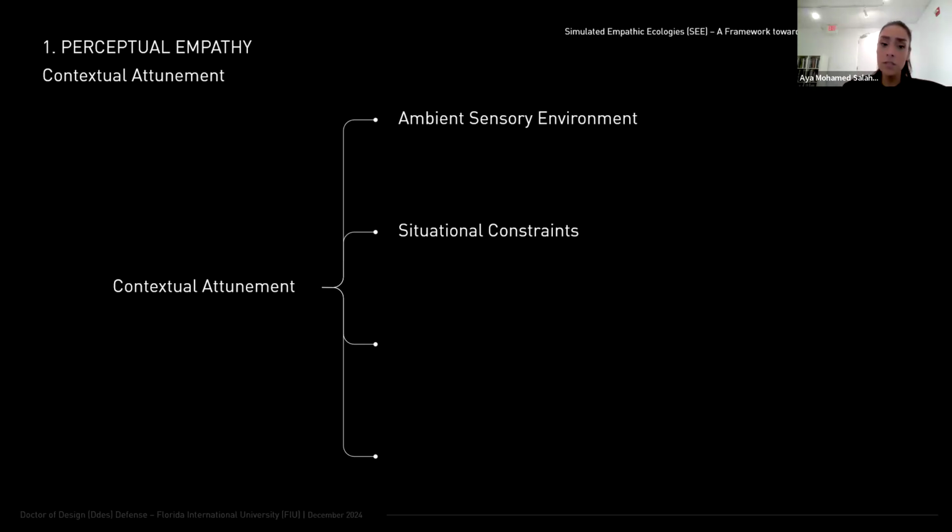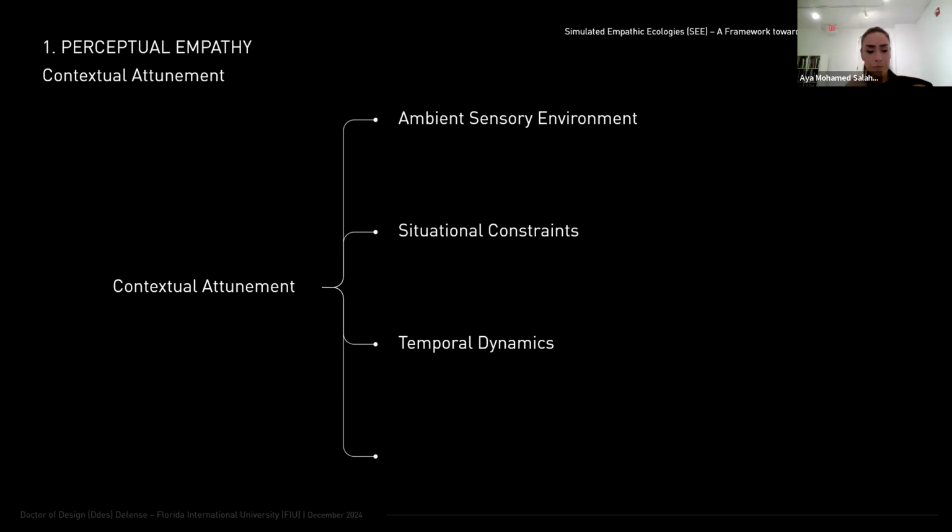Another important one is the situational constraints. So, what are the specific locations, the specific activity, what is the nature of the activity taking place, and what is the type of place? As you would imagine, for example, in a house, this could be something experienced in one's private bedroom, or something like a kitchen or a shared environment. So contextualizing the conditions around the experience of space is really important here,